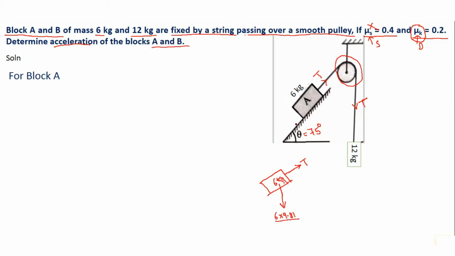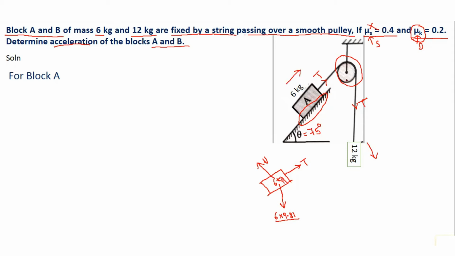The next force we show is the reaction from the contact surface. Block A is in contact with this surface, hence there will be a reaction from the surface on the body, and let this be N. After the reaction force, the next force will be the friction force. Just observe the diagram. We have to assume some direction of motion. Because the 12 kg weight is more than 6 kg, the 12 kg block will try to pull the 6 kg block upward. So we are assuming block B moves downward, and because of this, A will move upward. This is our assumption.